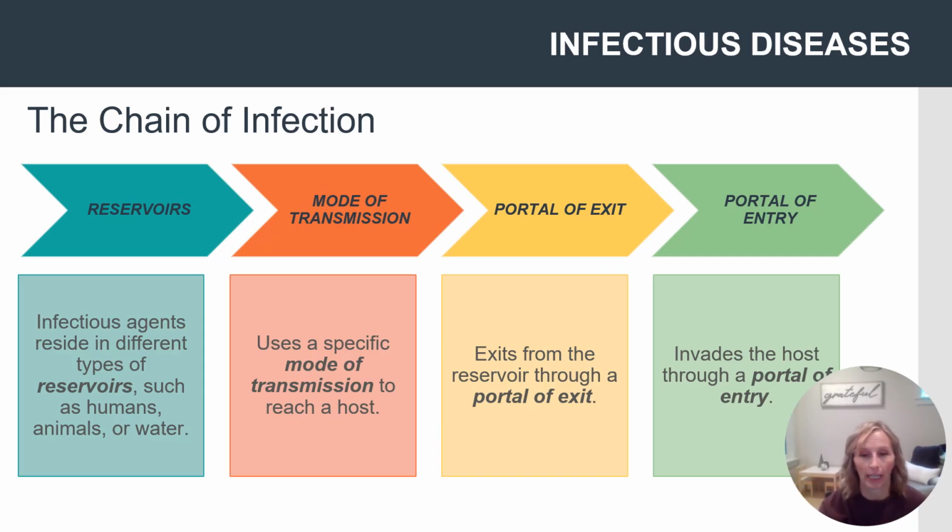So thinking of this chain here, as you see a reservoir, the infectious agent resides in that reservoir, like a human body, bloodstream, water, animals. There's then that mode of transmission that uses a specific way to take it to the next host. So I think of HIV, how it goes from the bloodstream of one person that's the carrier and can get into the bloodstream of another person through whichever mode that occurred through. You have the portal of exit when it leaves the reservoir, and then of course the entry when it enters